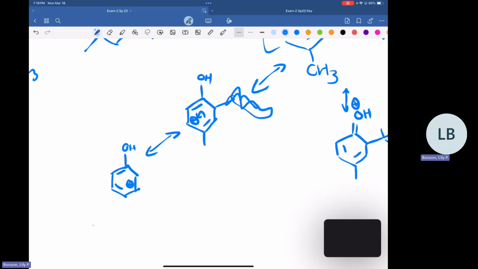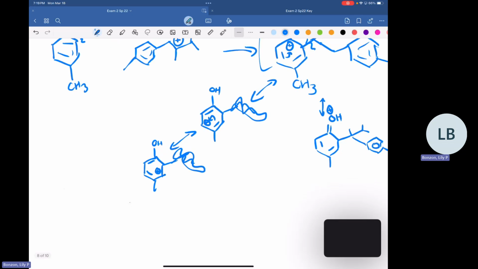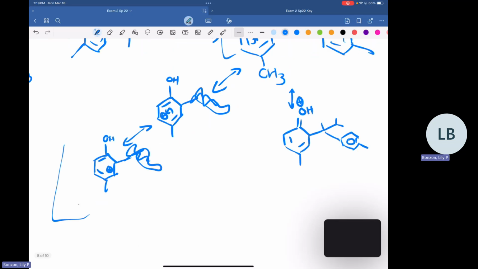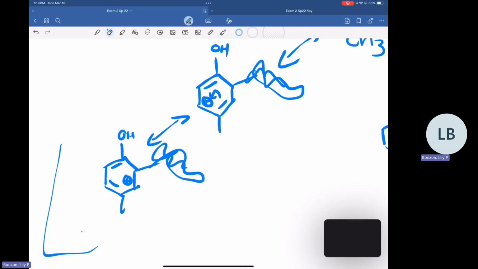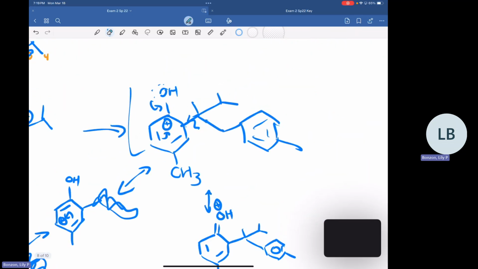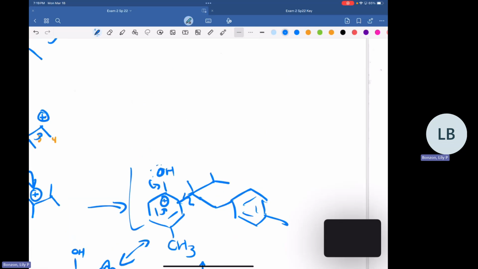So you might ask yourself why you have to show this on your exam. But this is what contributes to the stability of benzene. And again, the aromaticity and benzene stability is the big thing. So you'll definitely have to show this on your exam. But in any case, we can't really do anything else from here. So we've got all our resonance structures. We just have to go towards the product that we're trying to form.